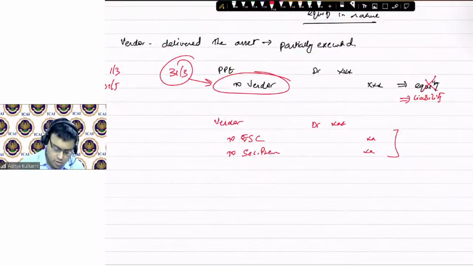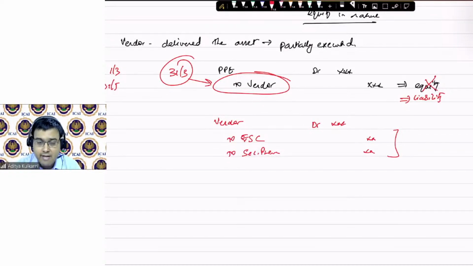So let us move on to the next part of the definition. So this was B1. Okay. Now we move on to the next part. Settlement in cash is always a financial liability. There is no doubt about it. So you will look for fixed or variable only if it is in the entity's own equity instruments. And that word, own equity instruments, is very important.